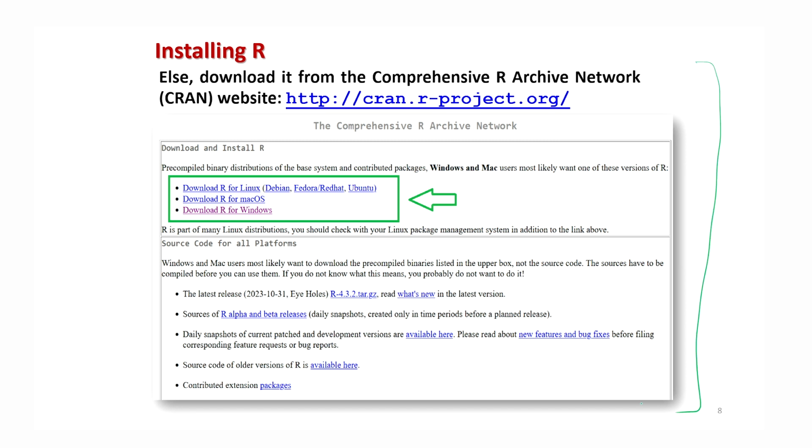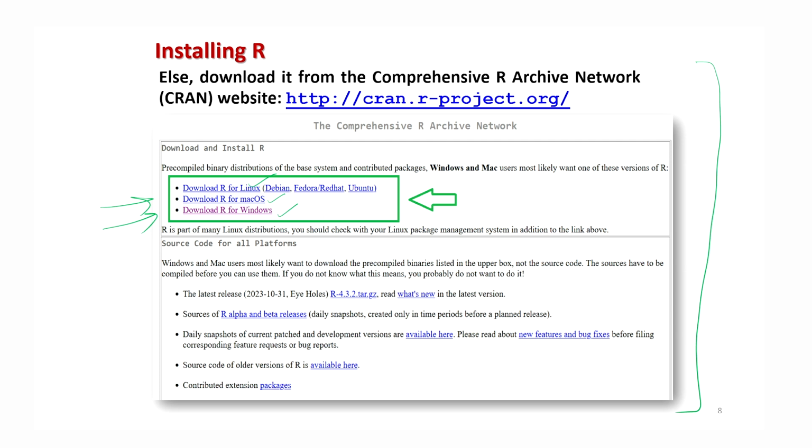As soon as you come here, you will see something like this. There are downloads for Linux, downloads for Macintosh, downloads for Windows. So whatever your platform is on your laptop or computer, you can choose the appropriate version from this site. You just have to click on this, and you will download a file.